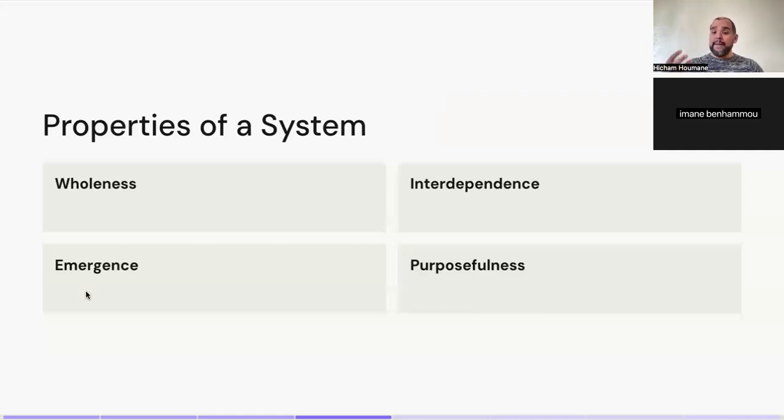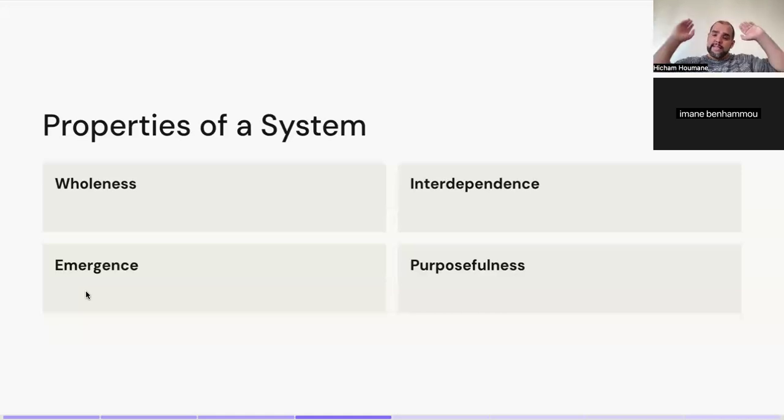Emergence. Basically, once we group all the elements of a system together, we start to get value that we cannot get independently from just one of these elements. And again, if we use the case of a car, once we group all of these elements together, now a new property emerges of this group of items. Once we connect them in the right way, a new property emerges, which is that now we can basically take you from point A to point Z.